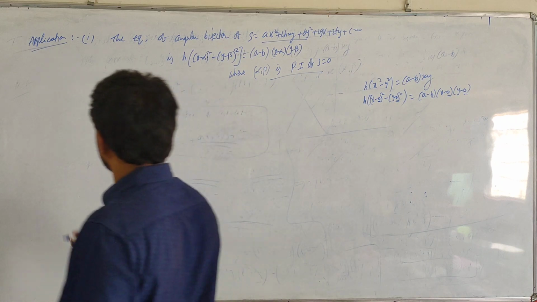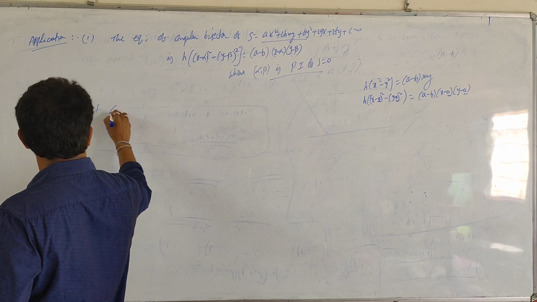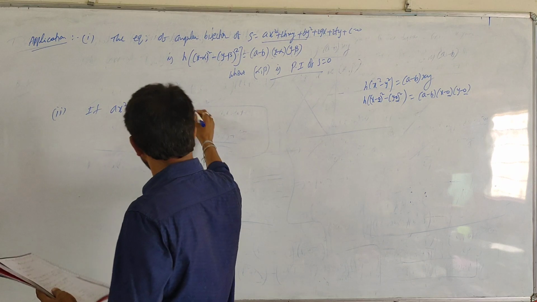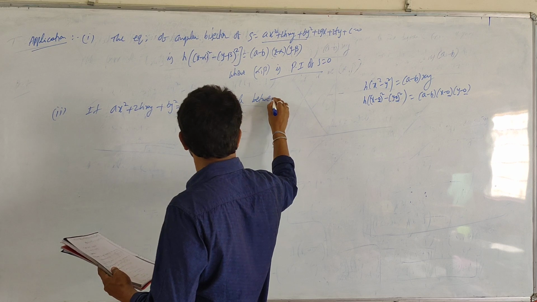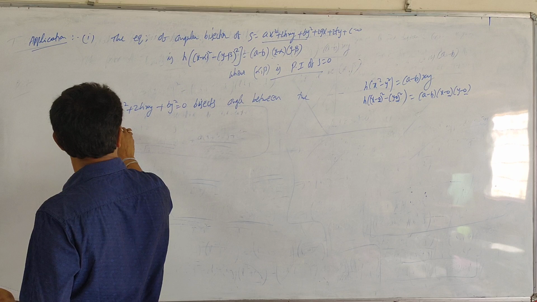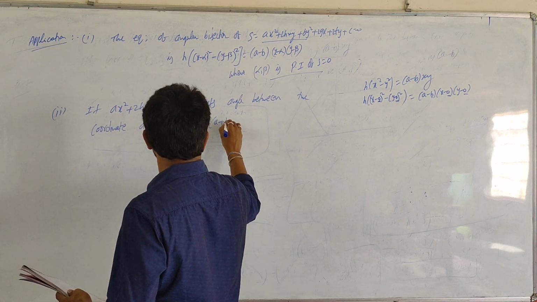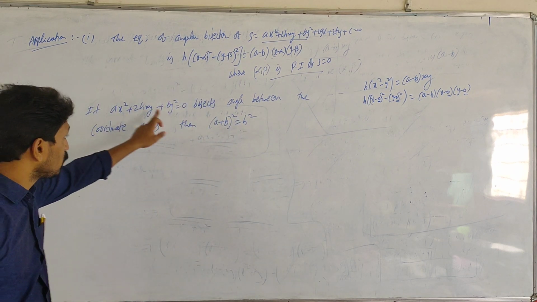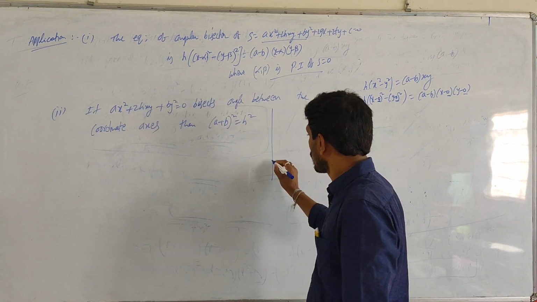Okay. So next application: if ax square plus 2hxy plus by square is equal to 0 bisects the angle between the coordinate axes, then (a plus b) whole square is equal to h square. See here, if ax square plus 2hxy plus by square bisects the angle between the coordinate axes, that means